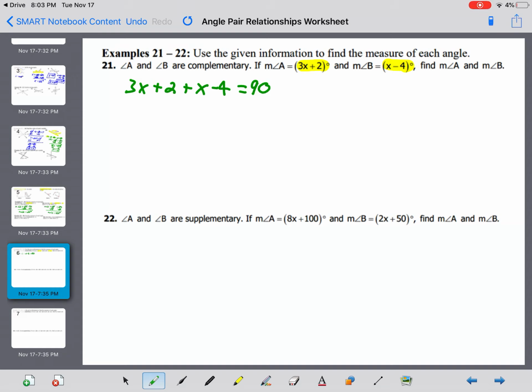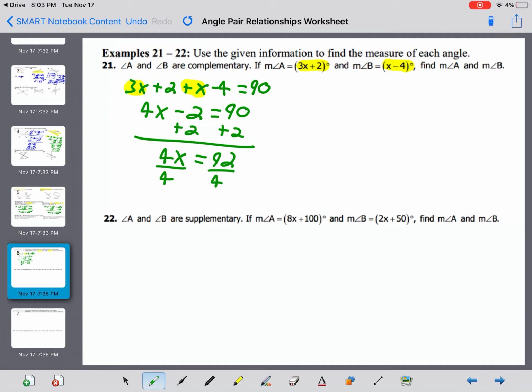Combine your like terms. 3x plus x makes 4x. 2 minus 4 is negative 2, which equals 90. Add 2 to both sides, and we get 4x equals 92. Divide by 4 on both sides, and x equals 92 divided by 4, which is 23. Now it says find the measure of angle A and angle B. Well, the measure of angle A